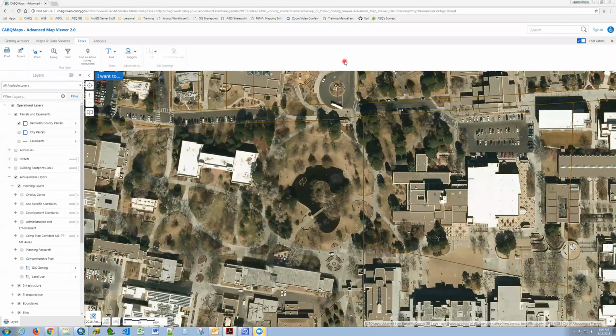In this video, I'll demonstrate how to use the drawing and measurement tools. The drawing and measurement tools add a markup to the map that can be exported as a shapefile and printed on a print map. Both of these tools are located in the Tasks tab, along with the Edit Drawings tool, which edits both the